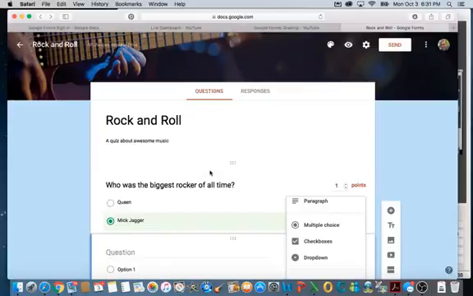What I really like about this, though, and what's really awesome, is that you will be able to track your students, all of your students, in real time while they're answering it. So I'm going to go ahead and show you